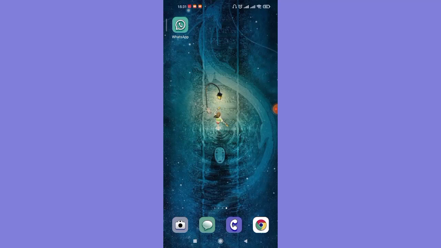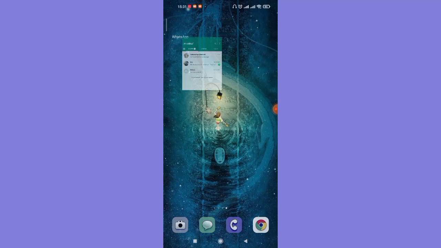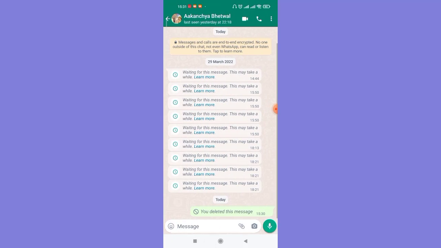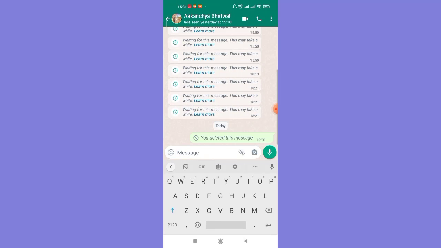First of all, make sure that you're connected to the internet and then open up WhatsApp on your device. After you're on this page of WhatsApp, open up a chat to whom you want to share your Instagram. After you open up that chat, simply click on the message and then type in